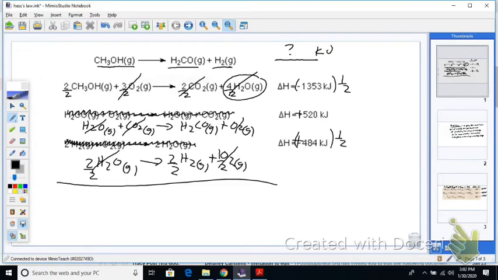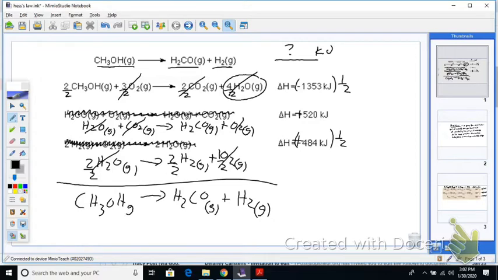Okay, so then we're good. We've got our overall reaction. I'm not going to rewrite it. It's up above. When we come down and rewrite it, we'd have 1 CH3OH gas. Then I keep coming down and nothing else is on the reactant side. I have an H2CO there, that one's fine. Then do we have an H2? Yep, got an H2 left over, so we're good there. Everything cancels out except for one of each of those.